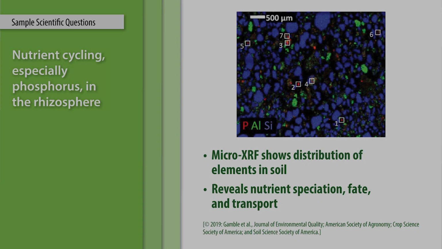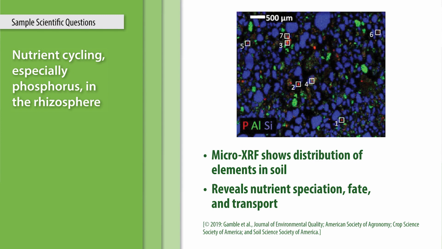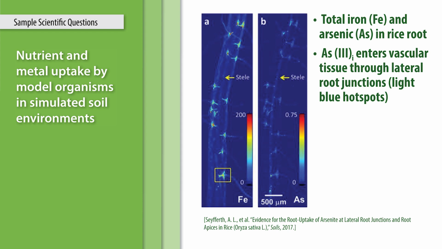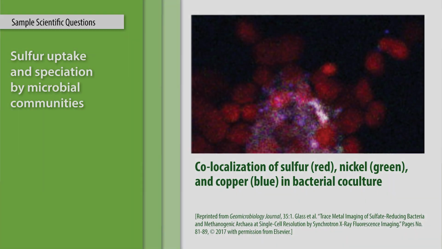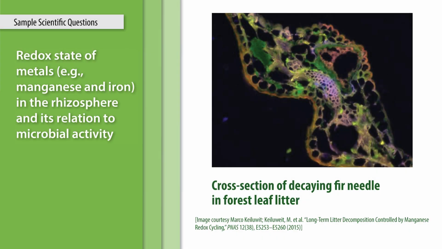XRF imaging can address a wide array of biological and environmental science questions. In recent years, XRF imaging has been used in the following types of BER studies: nutrient cycling in the rhizosphere with a particular focus on phosphorus, nutrient and metal uptake by model organisms in simulated soil environments, sulfur uptake and speciation by various microbial communities, the redox state of metals such as manganese and iron in the rhizosphere and how that redox state relates to microbial activity,